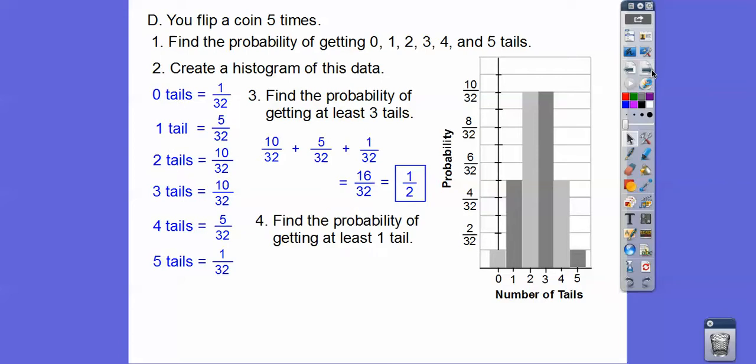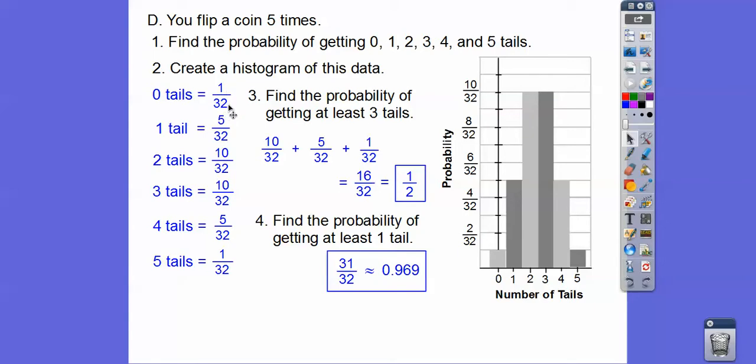Okay, find the probability of getting at least 1 heads. Okay, well, the long way is to add all these up because there's 1 through 5, or the shortcut way is it's the opposite of getting no heads or 0 heads or 0 tails. Did I say heads? Tails, okay? Heads would be the same. We get the same thing. So it's going to be 31 over 32 because this is 1 over 32. This is the only way we can get